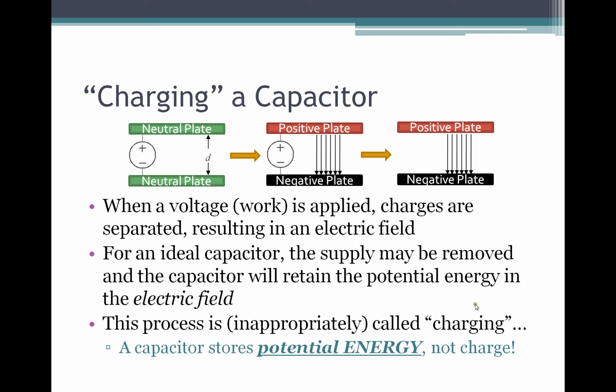What I want to say here is give a little note about the fact that this process of applying a potential across the neutral plates and coming up with a resulting electric field is often inappropriately called charging. The capacitor itself stores potential energy. It doesn't store any charge. And the way that we can look at that is we can see that this model of the capacitor right here